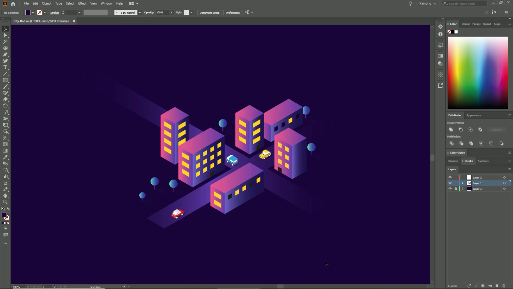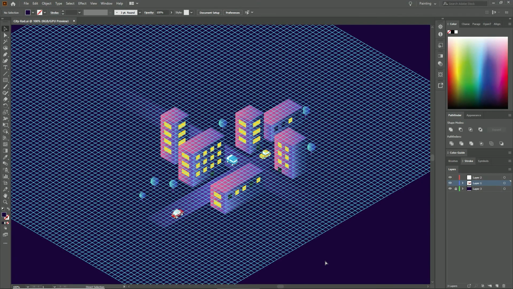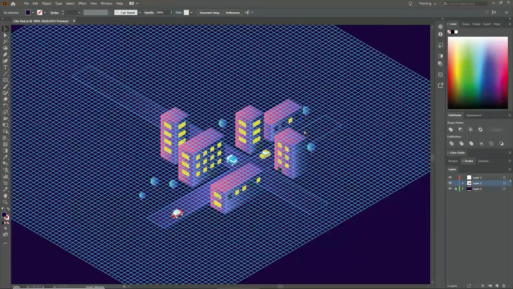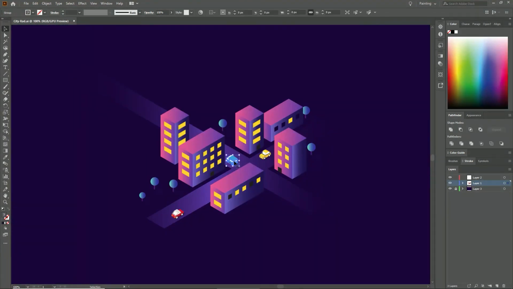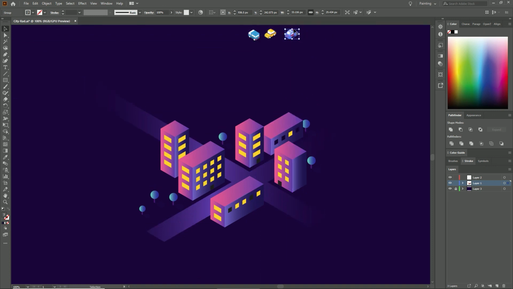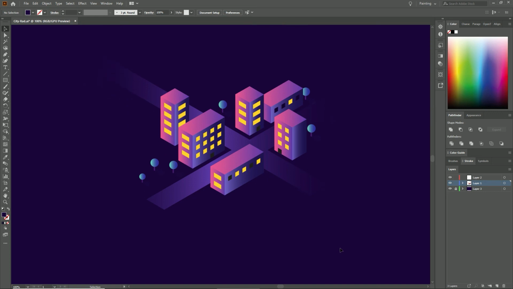But basically what I've done is, if I show you the guides in Adobe Illustrator, you can see that I created some guides, and I just created a lot of squares for the buildings and so on. So this is what I created today for this tutorial. And let me remove some of the cars, because we don't want them at the moment.